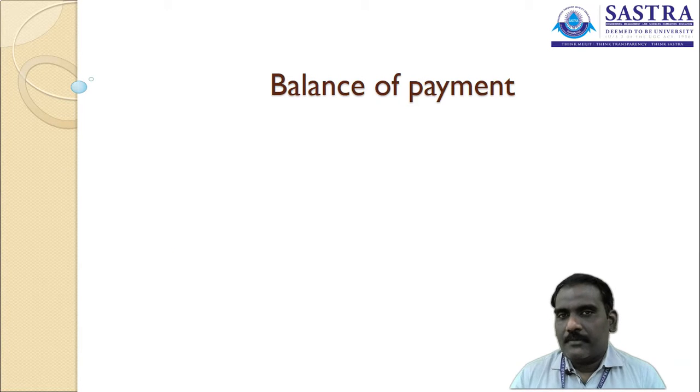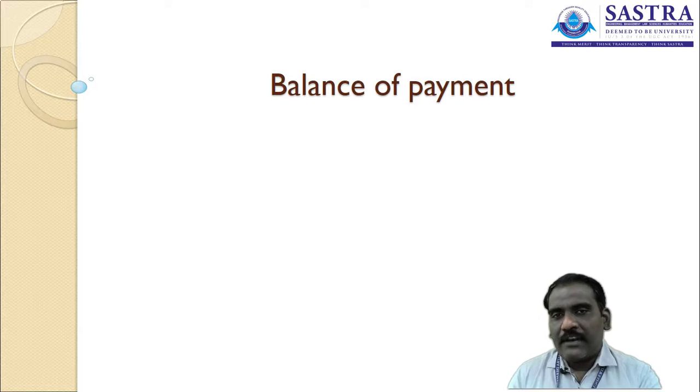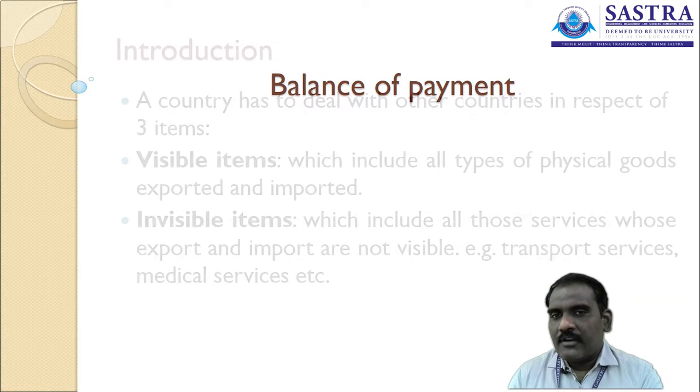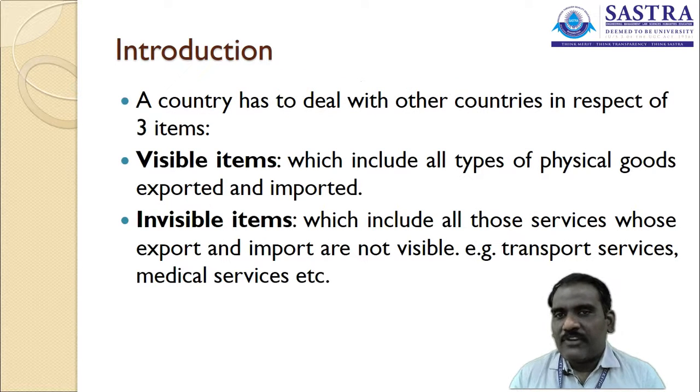The balance of payment is the transfer of goods and services, exporting and importing of goods and services along with the capital remittances, together calculating the balance of payment between the countries. So for calculating the balance of payment, we need to understand what types of transactions are happening between the countries. The transactions are classified into three major categories.